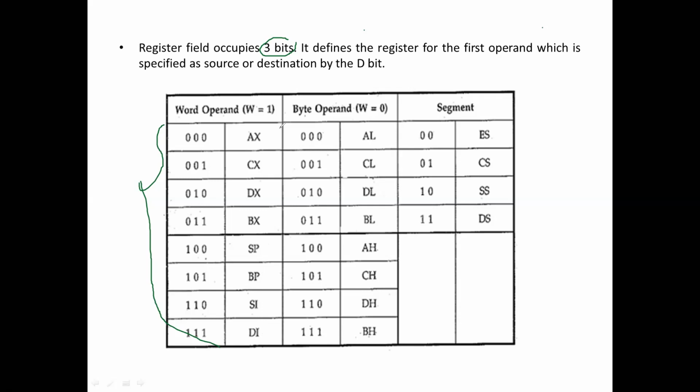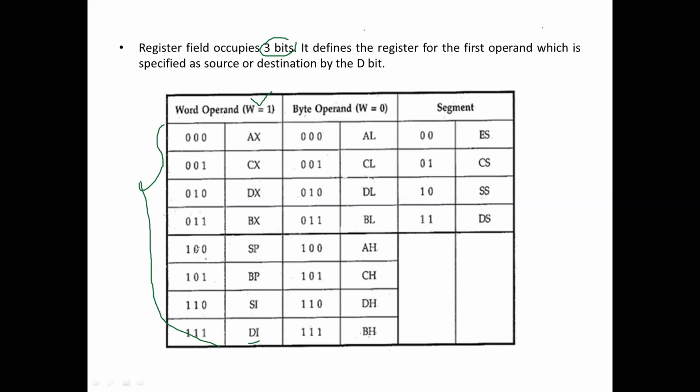So if we want to use any of these registers, we are performing a word operation, because all the registers from AX to DI are 16-bit long. So W equal to 1 will be taken in byte 1. Byte 1 is already explained. In byte 1, that LSB bit was there. That should be 0 if we are dealing with a byte.